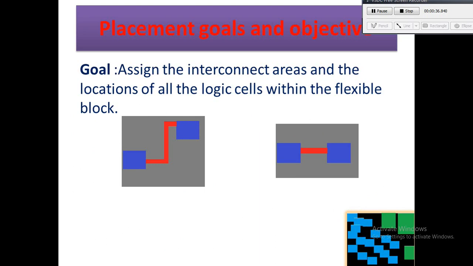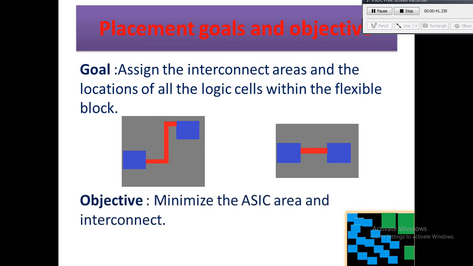So, what is placement? Placement is the process of placing standard cells in the rows created at the floor planning stage. The goal is to minimize the total area and the interconnect cost. The quality of routing is highly determined by the placement stage. Mainly there are three parameters we can check in the placement stage: timing, congestion, and area. We will be discussing all the parameters in the upcoming slides.